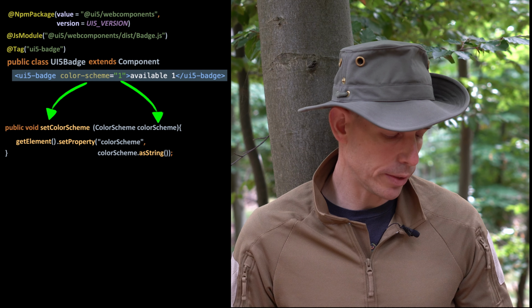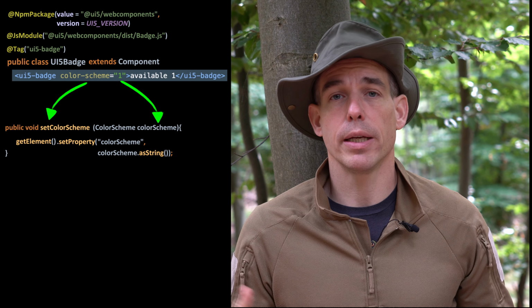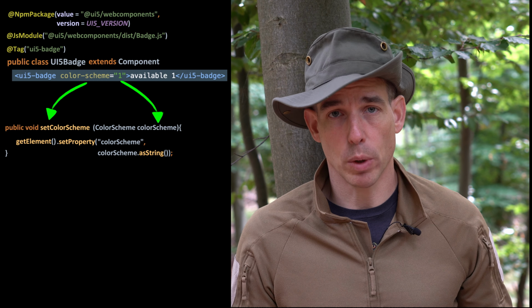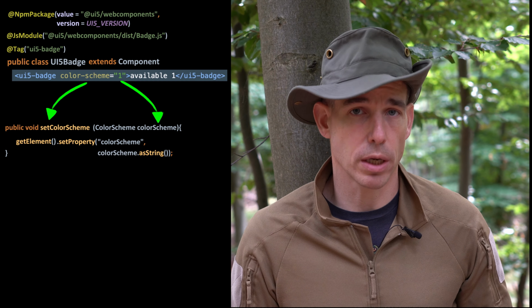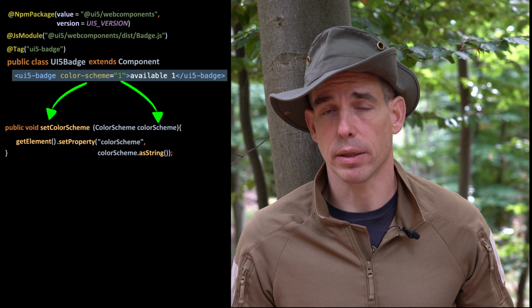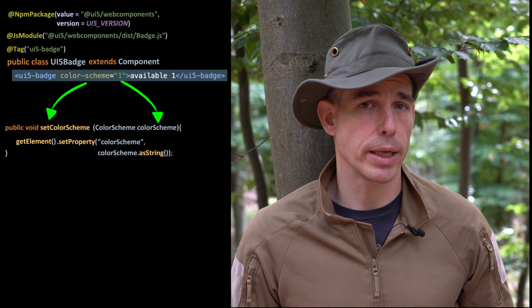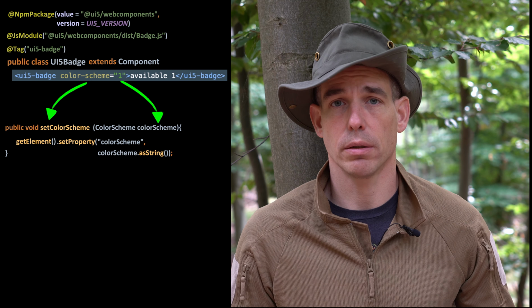Here I'm explicitly using getElement().setProperty. One argument is the name of the property that is used on the client side, and the second one is just the value you are adding. That's it. So now we have a plain setter with a string in, and this is just setting the property